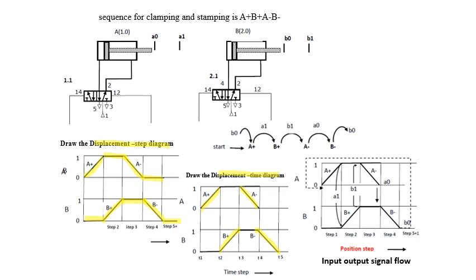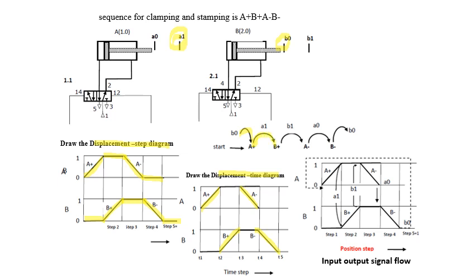How will the signal flow? First, B naught will generate the signal, right? So that it will give a signal to the memory valve 1.1 of cylinder A. So it will generate a signal and the cylinder A forward motion takes place. When cylinder A goes forward, A1 will generate the signal. A1 will generate a signal which is given to cylinder B, so that cylinder B will go forward.